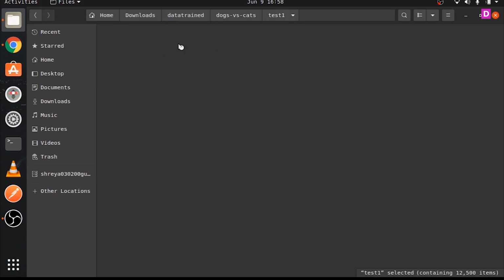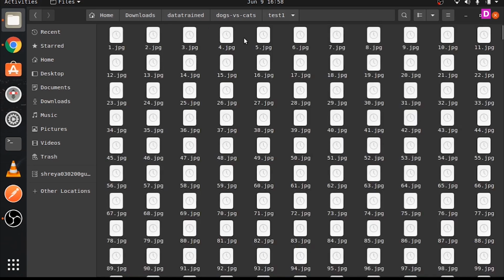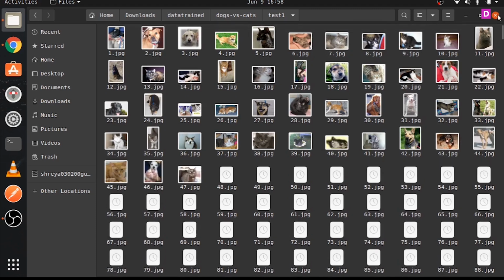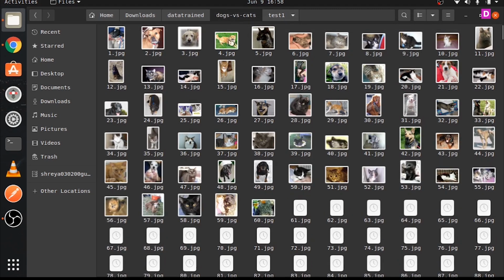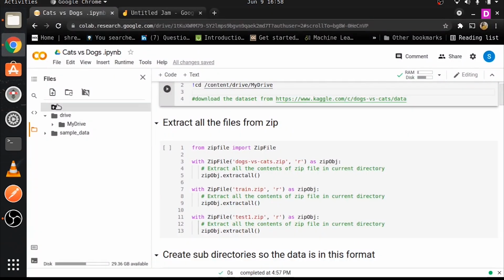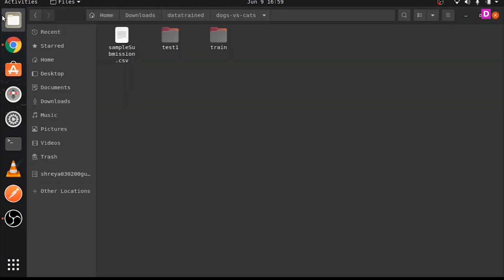Okay, let's look into test, you will understand that. So you have images of dogs and cats and everything together. So this is basically the whole thing about the data set. Okay, and then you also have a sample submission.csv. What the sample submission.csv basically contains is,